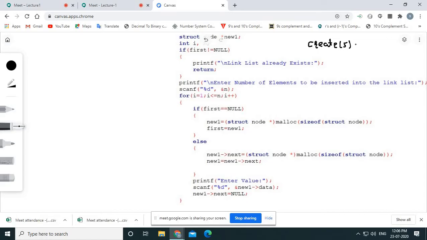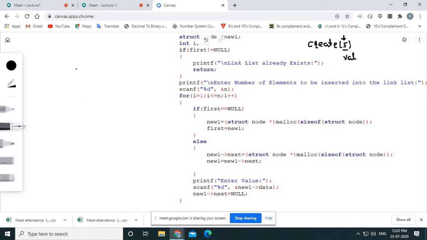That is create. At that time we prompt the user for how many nodes they want to create. Suppose the user says 5; in that case we call the create function, and the number of nodes entered by the user, we pass into the function. So now the create function will be invoked, and the value is the value passed by the user. In my case, the val is 5.